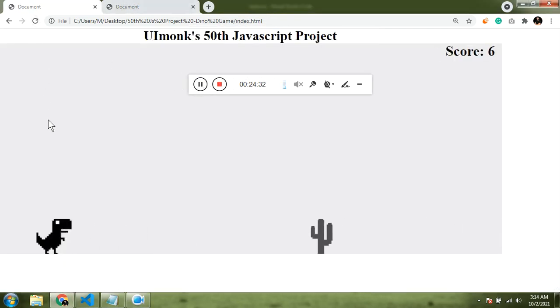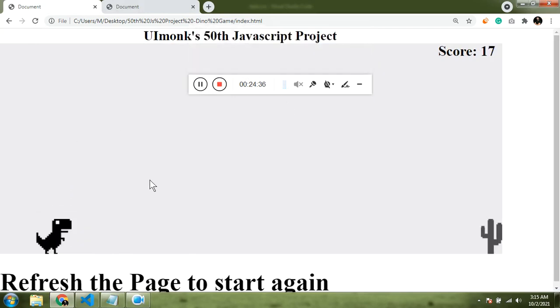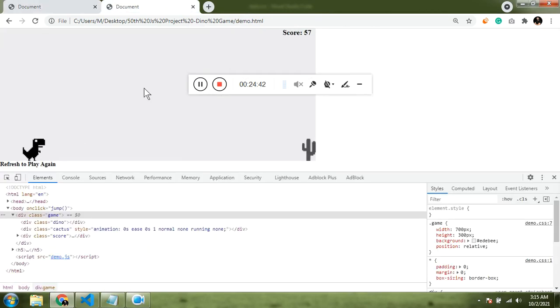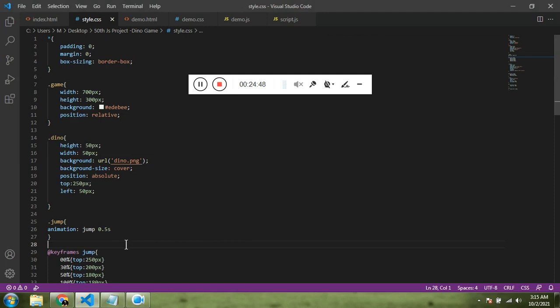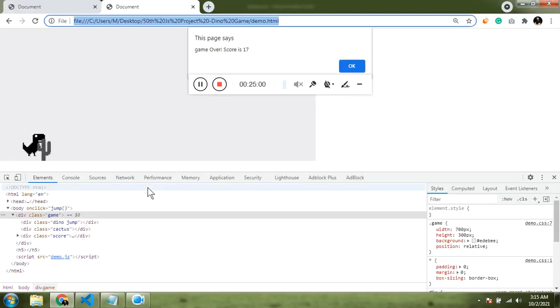The example which I have created is smooth. It is because it is giving a long jump, so we can do the same thing as well. You can see it is getting a long jump, but here we don't have that long jump. So let's try adding long jump to our style demo.css. Instead of 180 we can make this 160, 160, and this could be 180. Refresh it.